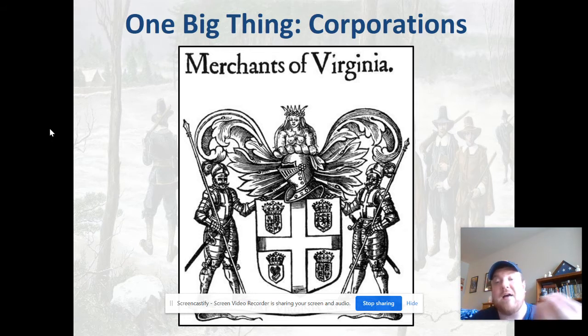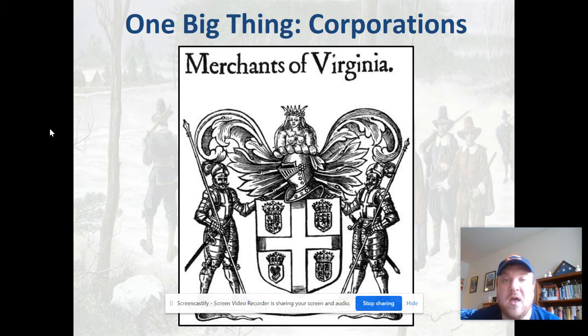Basically, we're able to have a group of individuals and a group of companies pool their resources and money together so that we can really financially back the colonies and the colonists. Now, because you have more money, because you're allowing more people to come in, it limits your risk. So if something like Roanoke happens, it's not going to ruin your company altogether. It obviously does limit your reward, though, but colonies almost become a surefire thing with the creation of joint stock